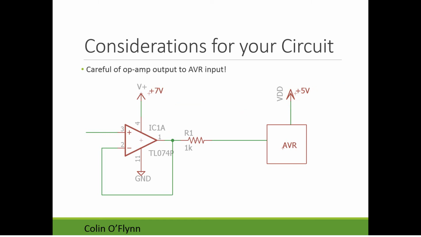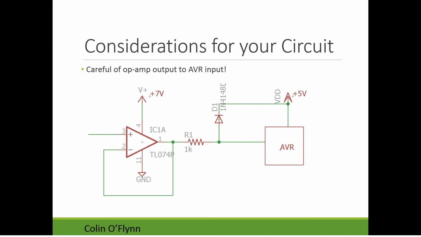So the easiest way to fix this is to use what's known as diode clamping. And this is a really simple diode clamp. All this one does, and we'll see more of them in the protection section, is limit. So if this is at 7 volts here, so let's say we have this 9 volt VCC, so we get 7 volts. What's going to happen is the diode will actually start to conduct, because the one side of the diode is at 5 volts.